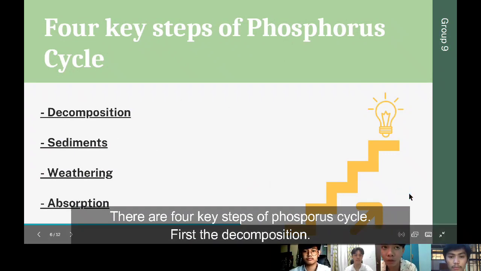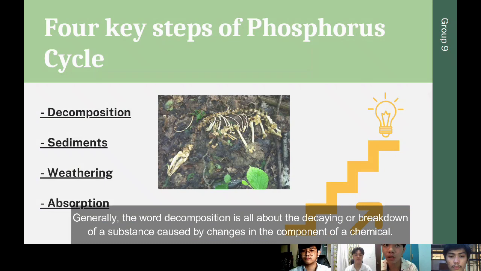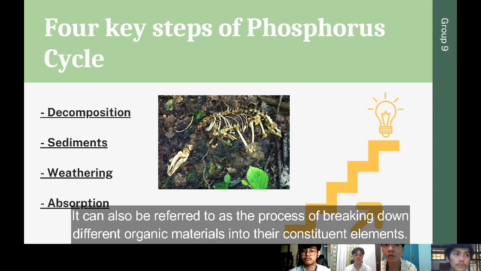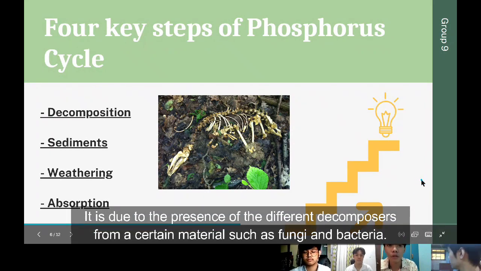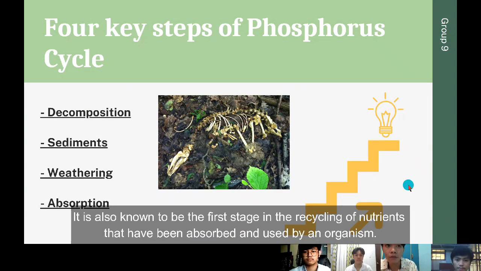First, the decomposition. Generally, the word decomposition is all about the decaying or breakdown of a substance caused by changes in the component of a chemical. It can also be referred to as the process of breaking down different organic materials into their constituent elements. It is due to the presence of different decomposers from a certain material, such as fungi and bacteria. It is also known to be the first stage in the recycling of nutrients that have been absorbed and used